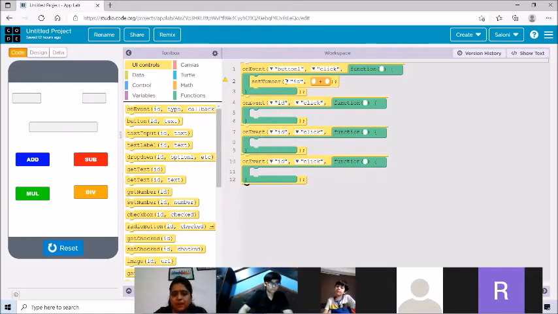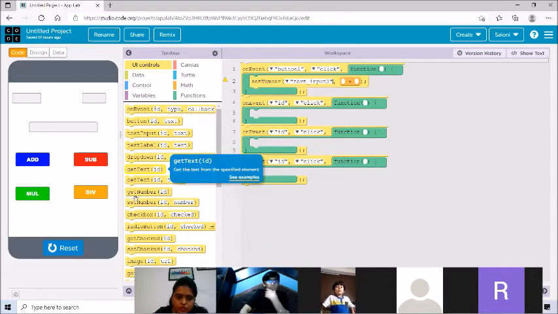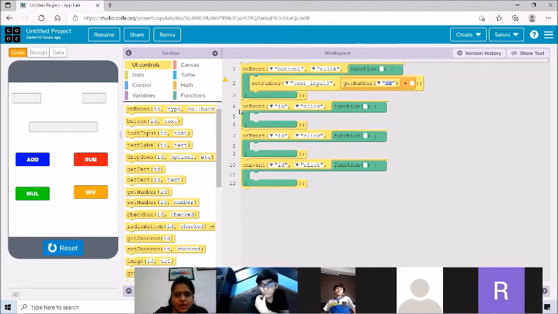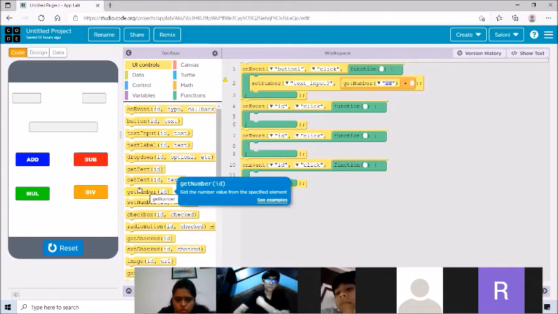In the first one I have written when button 1 is clicked. When button 1 is clicked, then what will happen? It will set the number, of text input 3. So the answer will come in text input 3. Set number means get the answer in text input 3. How will it get the answer? By getting the number. So we'll take get number. We are taking 3 commands here: set number, get number, and on event. We'll take one more get number. The first number we are getting from text input 1, the second number we are getting from text input 2. Just a minute.